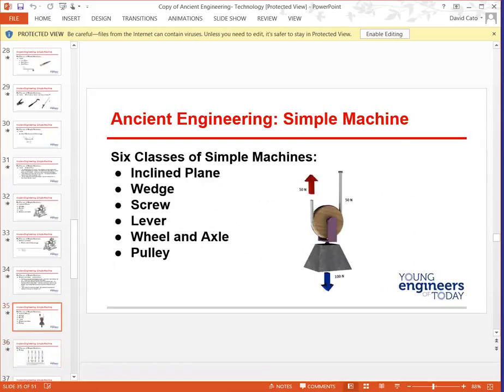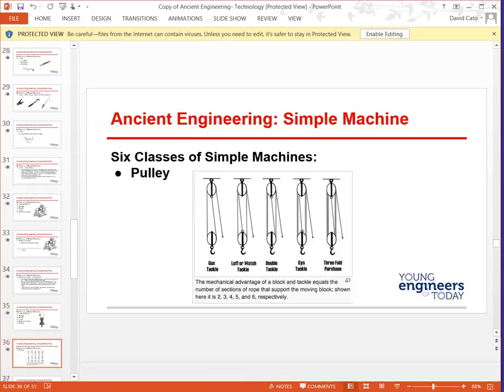Let's see. We kind of covered the pulley. Some pulleys get more complicated if you want to get more complicated with them. You can also reduce the amount of work if you start adding in extra strings of pulley. And for every string, you